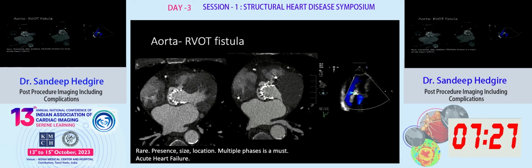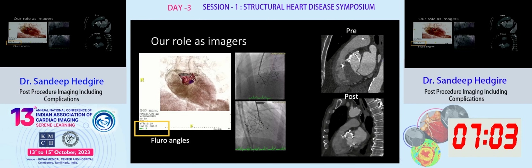As I mentioned, not all TAVR placements go smoothly. This is a patient whose TAVR placement was complicated because of the balloon dilation. This patient developed an aorto to RVOT fistula that you can see on these CT images right here, which was confirmed on the echo as well. And the shunting was so much that it was a decision to close this